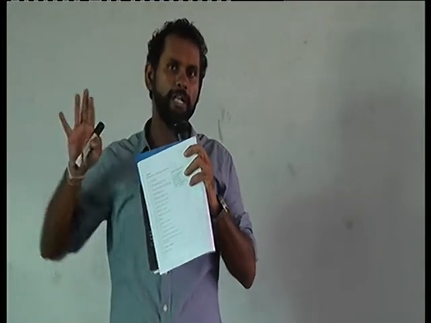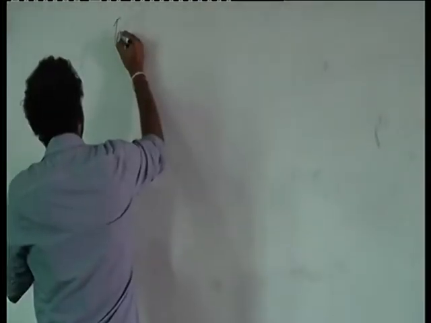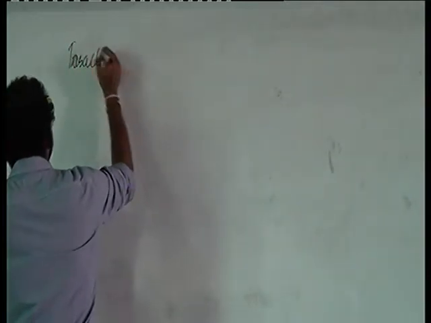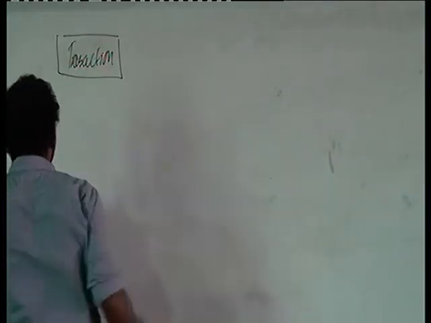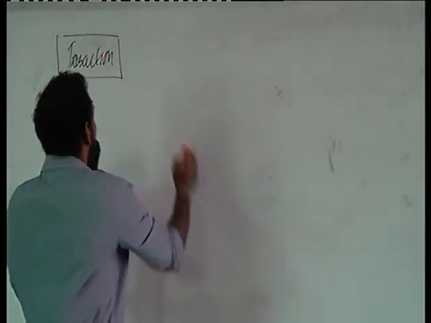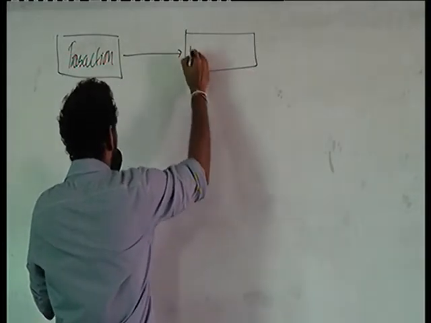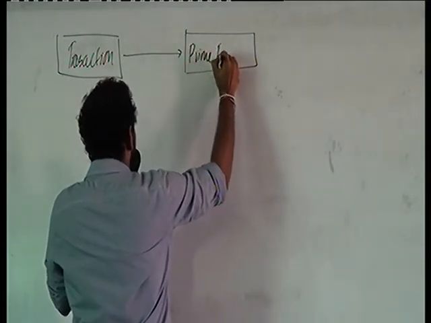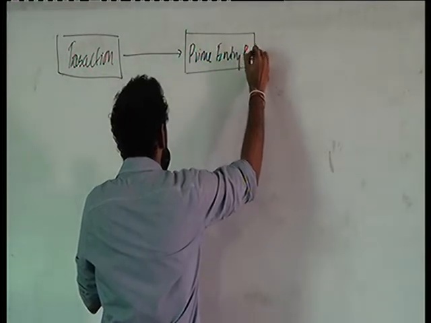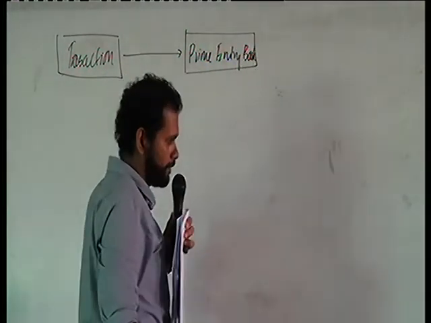So we'll first understand what is meant by this general ledger and how this transaction process is happening. Something like this: there is a transaction. A transaction will happen in the company, and those transactions will first be entered into a prime entry book. We call it the prime entry book.